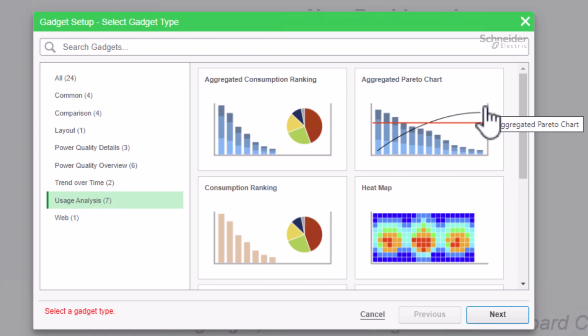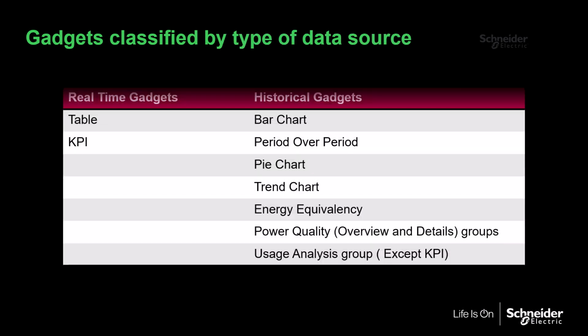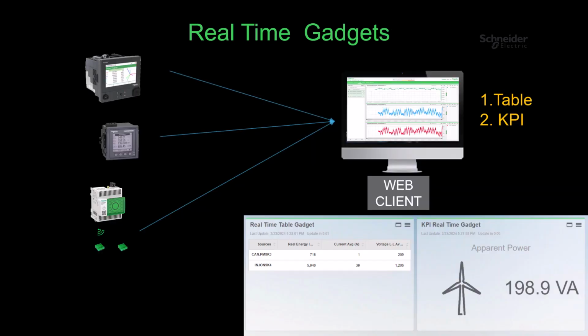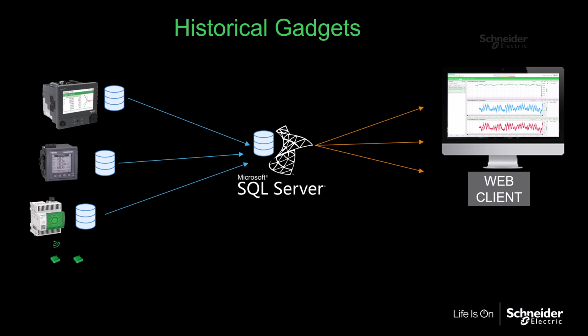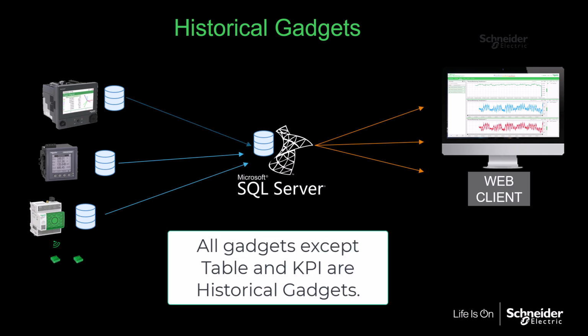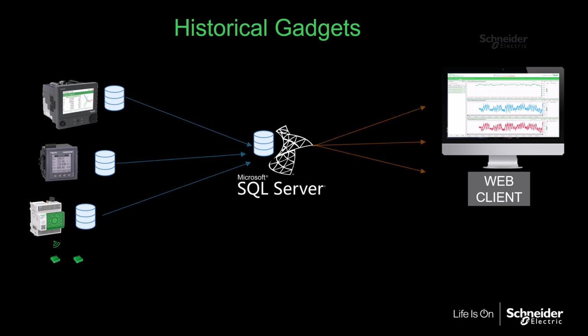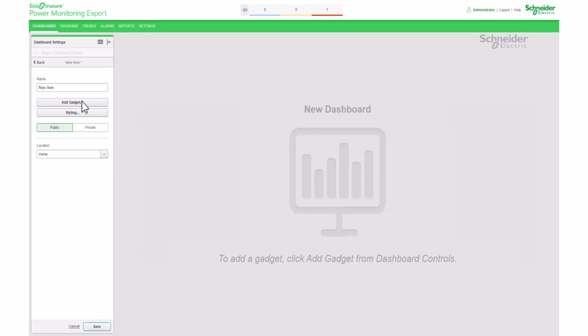It's important to note that dashboards can be classified into 2 groups, historic data and real-time data. It's crucial to differentiate between these 2 concepts to make the right selection. Real-time data is pulled in real time from the devices, requiring communication with the devices to visualize the information. In the event of communication loss, no data will be displayed. On the other hand, historic data comes from the database. Whether or not you have communication with the source, the information will come from the database when you want to check it.